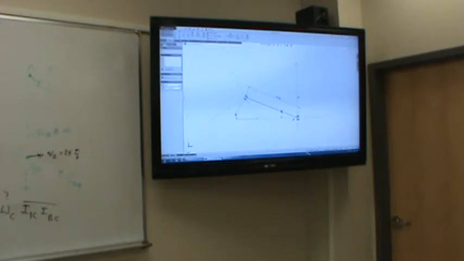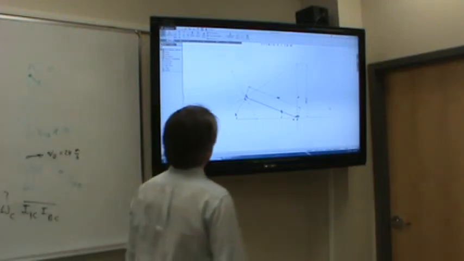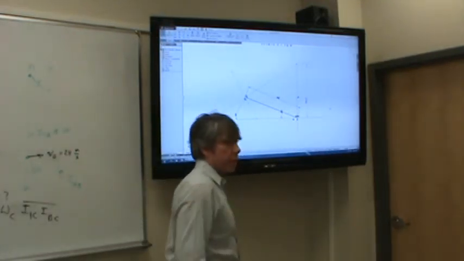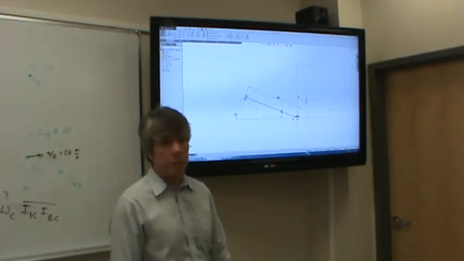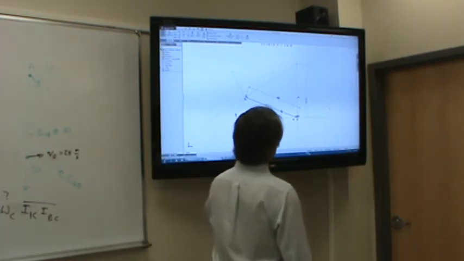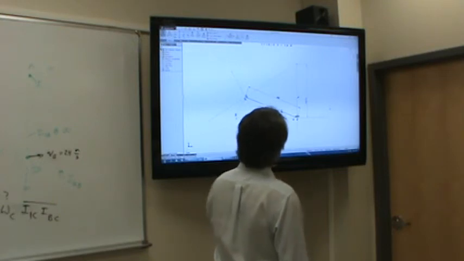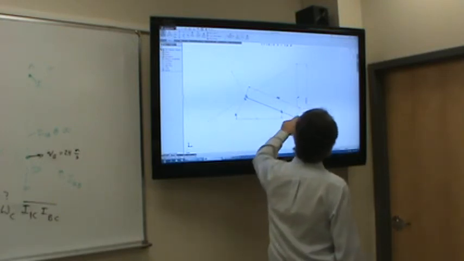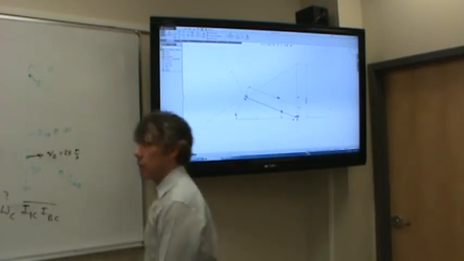So the distance is the distance from here to here. That's what we care about. And let me change our units. 398.05 millimeters. Is that what you got? Okay, it wouldn't have helped. That's why I like using SolidWorks as a calculator. Even something that's fairly simple in geometry like this is a little bit complicated, because those are different angles than the angles underneath it. So 398.05 millimeters is the distance from